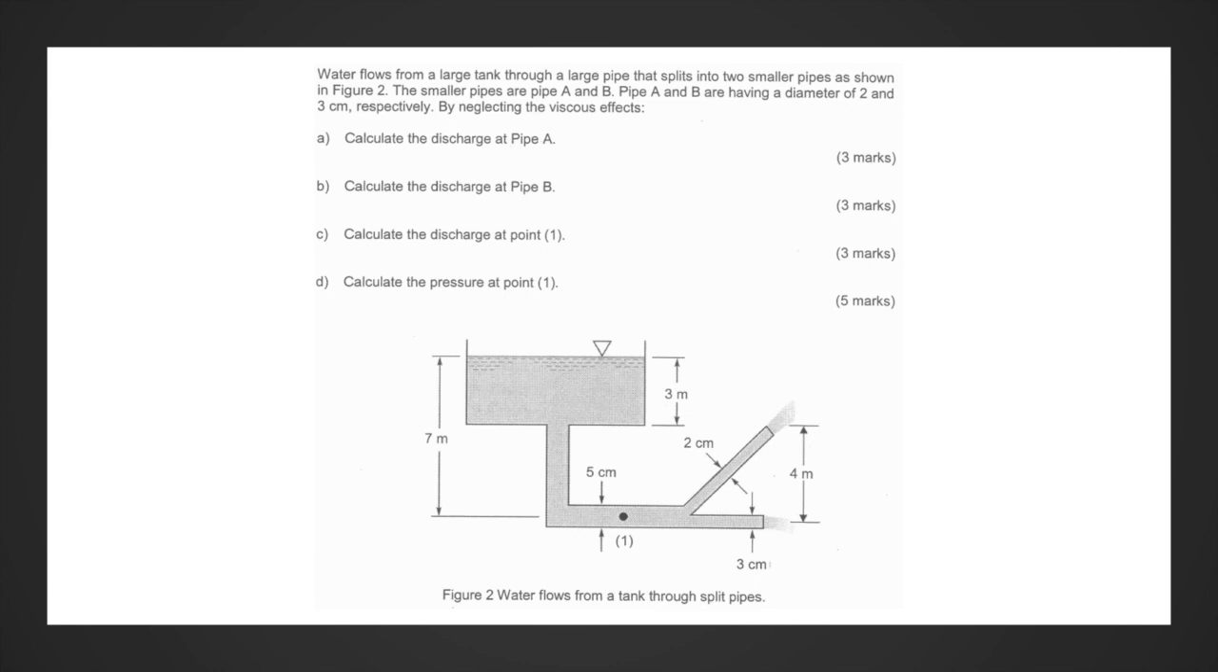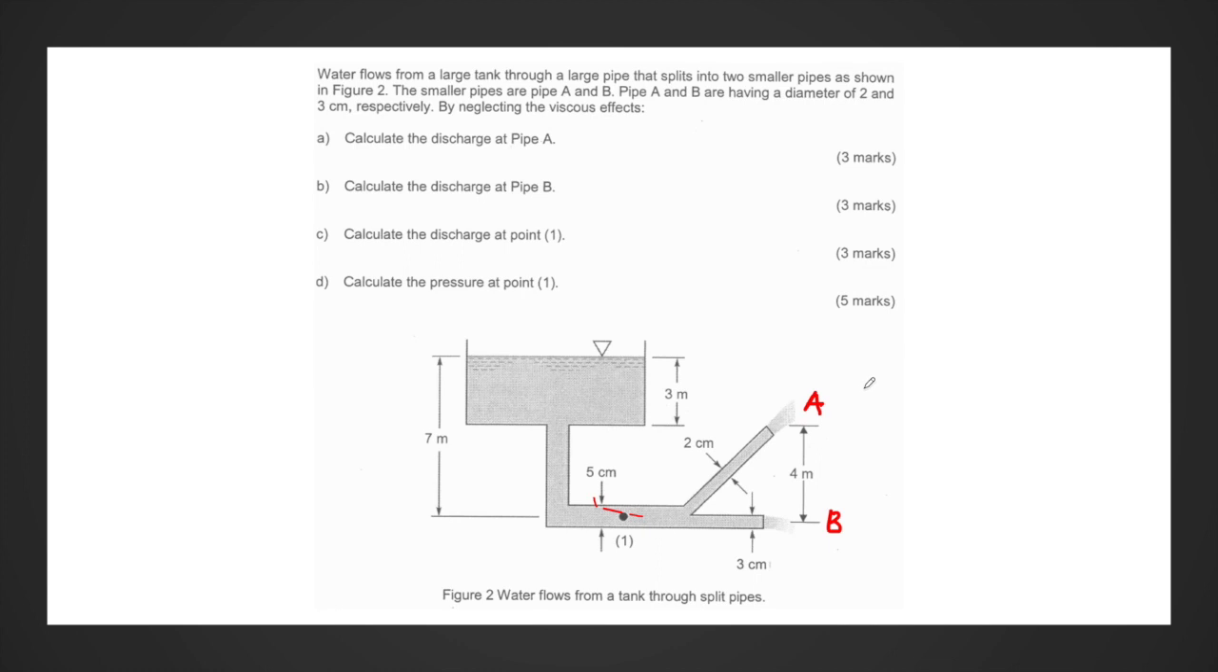Okay, so this is the question. Water flows from a large tank through a large pipe that splits into two smaller pipes as shown in Figure 2. In this figure, we have one pipe divided into two flow rates. We have pipe A here with 2 cm diameter, and pipe B here with 3 cm diameter. By neglecting the viscous effect,